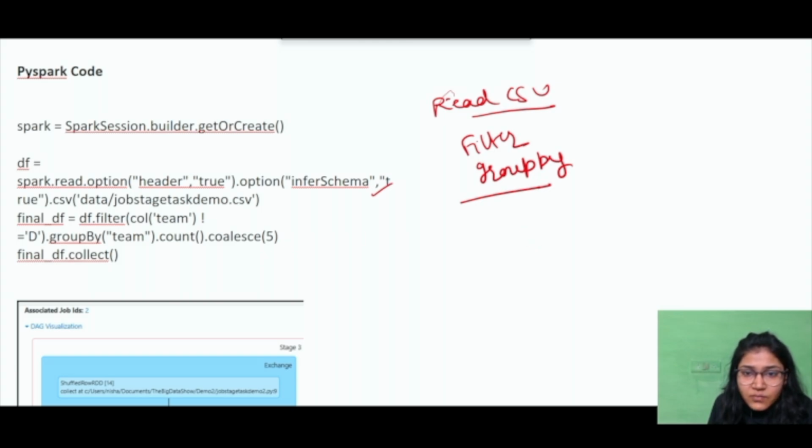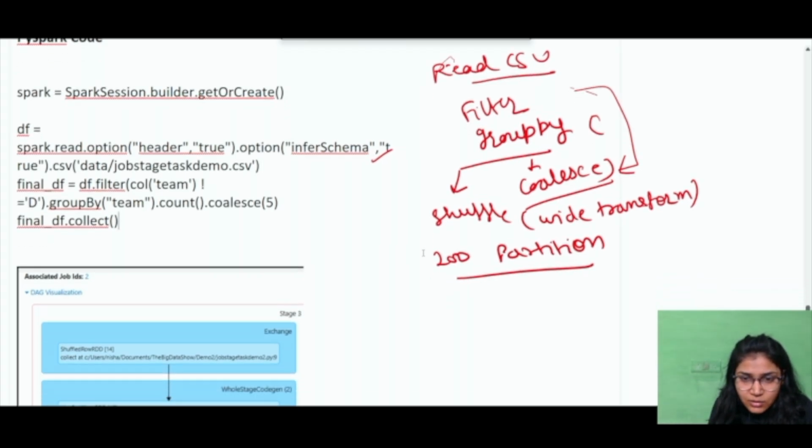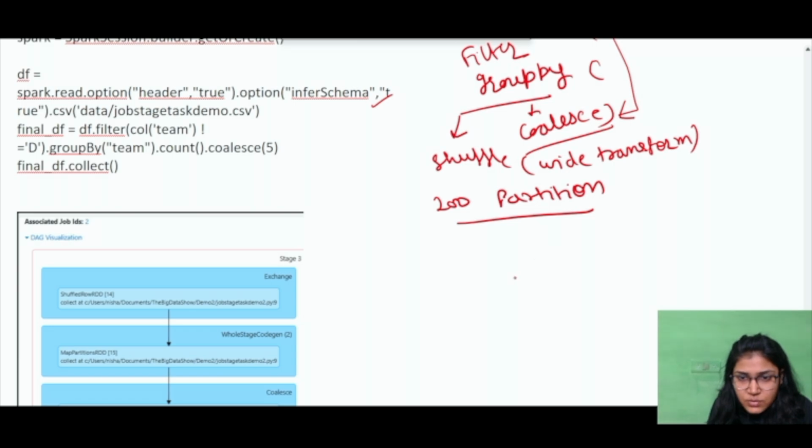Whenever we do the group by operation, after that we are using the coalesce operation. The intention is not to understand the whole Spark code, but to understand where coalesce comes into the picture. Because group by is a shuffle operation, which is a wide transformation, if we have not configured our default Spark shuffle setting, this will take 200 partitions to complete its operation. That means for executing the group by, internally PySpark will have 200 tasks created, and 200 partitions will be there.